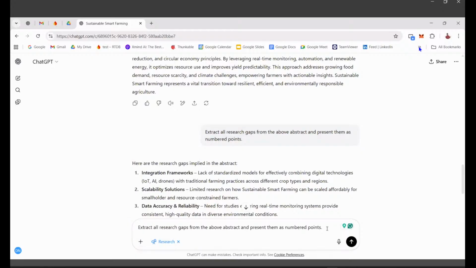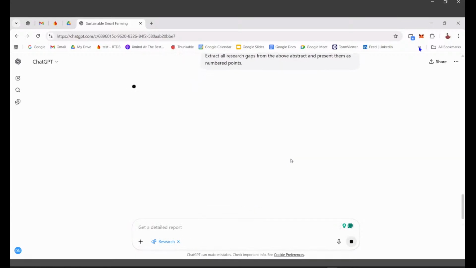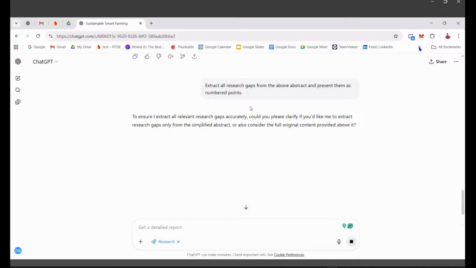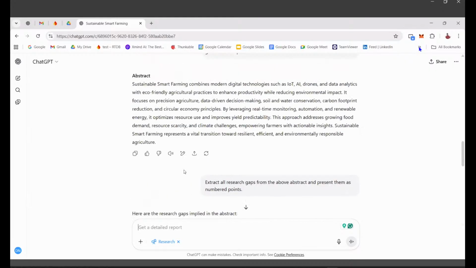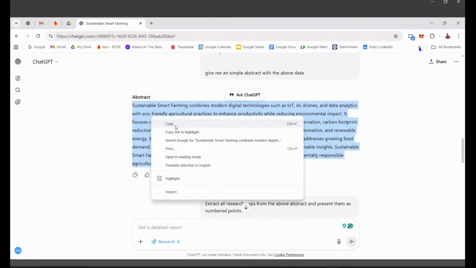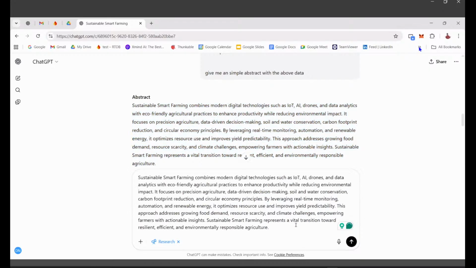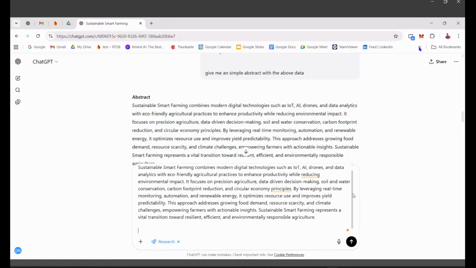Now I have to think of it like deep research. Yes, of course, I have to give it in terms of deep research. Let me give my abstract here first. Yes, now I have to give it this part.